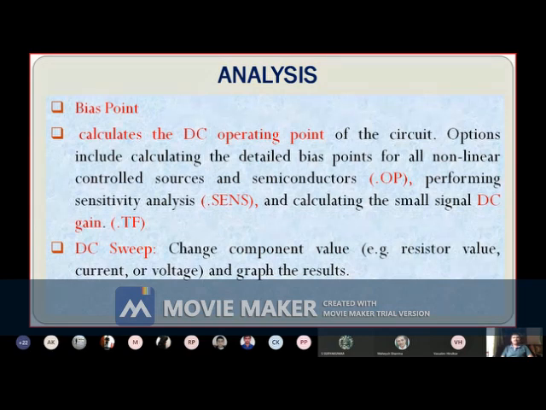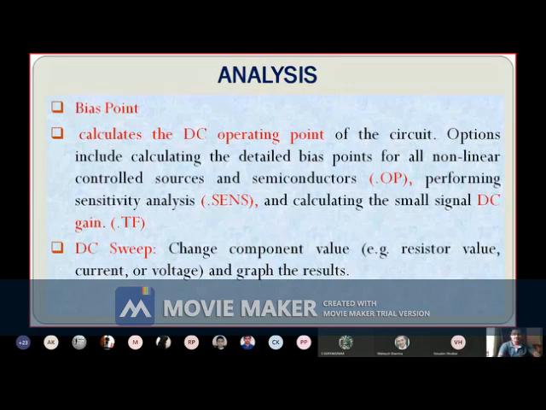Today, I'm not going to show you different analyses using simulation. I will just brief you about what the analyses are. One of them is bias point analysis, which calculates the DC operating points of your circuits. Second, DC sweep analysis, which calculates your component current, voltage, etc., and results will be shown in terms of graphs.